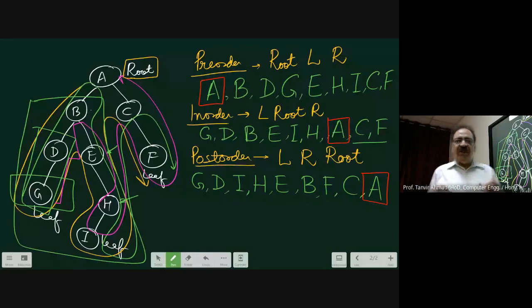Whereas for the pre-order, you can find the first node is the root, and in the post-order, you can find that the last node is the root. For in-order, I cannot find the root until I see one of the other traversals. And by this method, I can very well draw the tree once I have at least two traversals. With two traversals, I can draw the tree back.